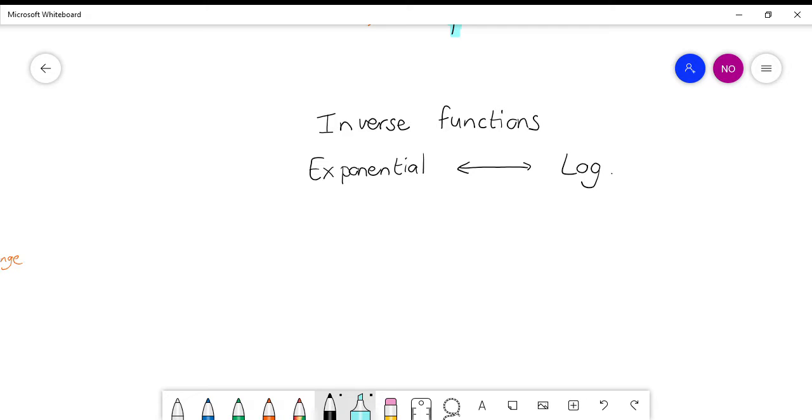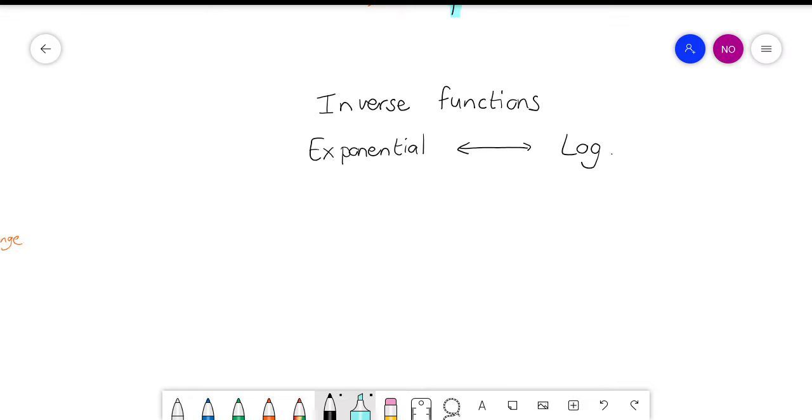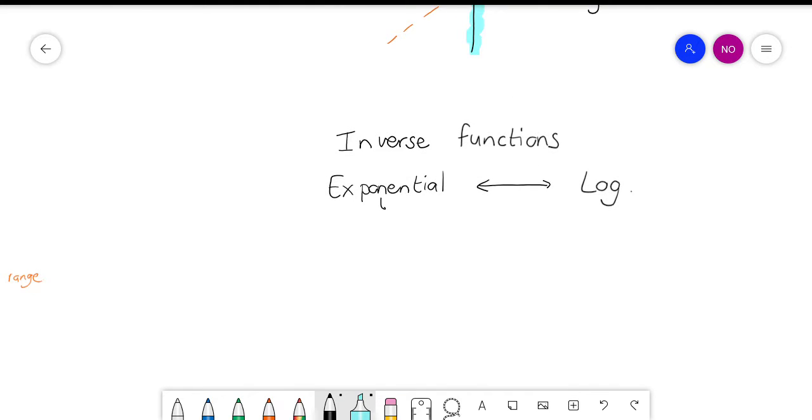Okay, to start off this part, I'm going to give you a little summary of what we are working towards. So it's important that you understand that we are still working with inverse functions. So we're still going to change the x and the y around and everything. But the problem we have with an exponential graph is that the form says